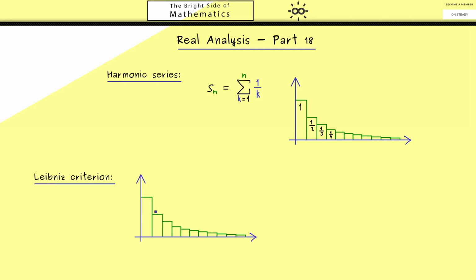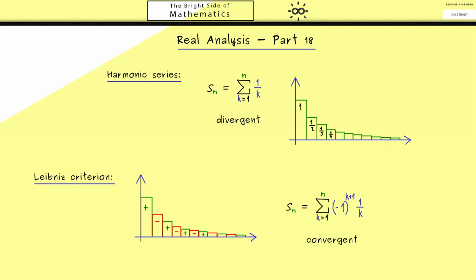However, now we want to alternate the signs of the areas. Hence, the first area is positive, the second is negative, the third is positive again, and so on. Therefore, we don't look at the harmonic series here, but rather at a sequence of partial sums where we have (-1)^(k+1) in front. So we have the same sequence involved, but now with alternating signs. And now the Leibniz criterion tells us this is indeed enough to make the whole series convergent. Therefore, please remember, adding and subtracting gives us a different behavior than just adding.